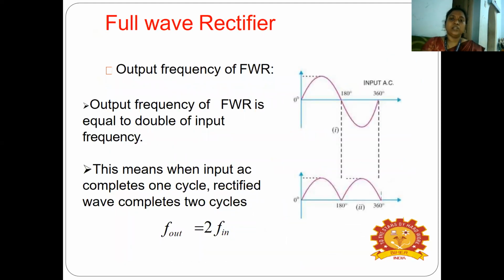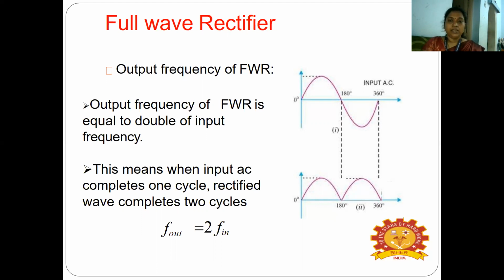Here you are going to compare what your input and output frequency are. Whatever we did for the half wave rectifier, you are going to compare with the full wave rectifier. You can see the input signal here. So input signal and output signal, you just compare and study. Whenever you do, compare with the half wave rectifier and study, and that will make the task easy. So for the input AC signal, you see 0, 180, 360 degrees. So you will have a full signal for the 360 degrees.